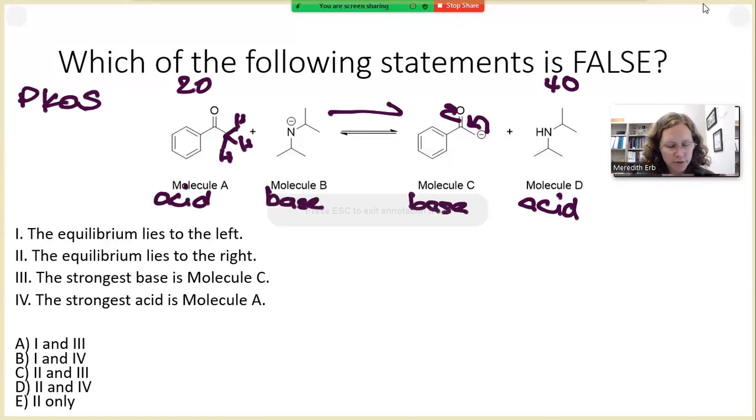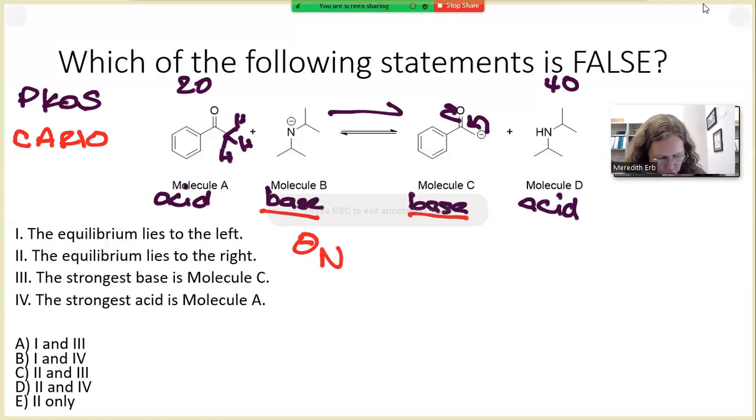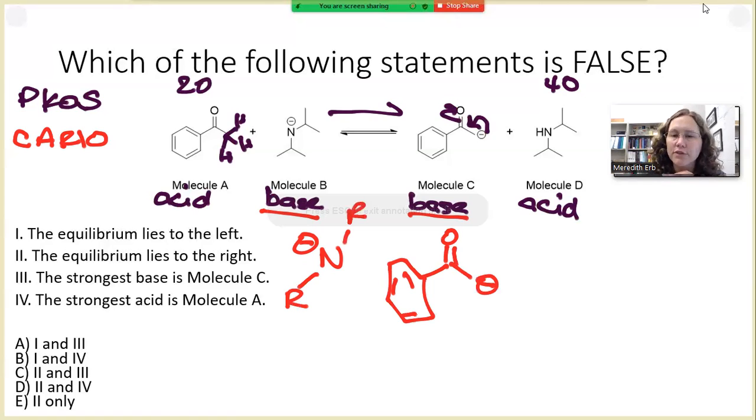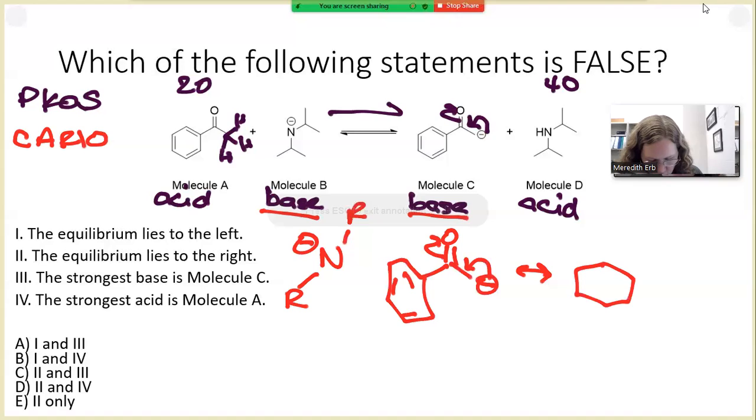If we think about using the qualitative method, that is using CARIO, we can think about the bases now. So we're going to look at molecule B and molecule C. In molecule B, we have a negative charge on a nitrogen, and in molecule C, we have the negative charge on a carbon atom, but very, very important here, we have resonance. So this is going to be the key to sorting this question out. This is a difficult CARIO example because you have to remember that the resonance can play a big role in using CARIO. So if we look at the resonance contributor,